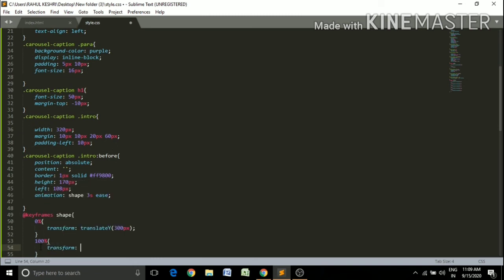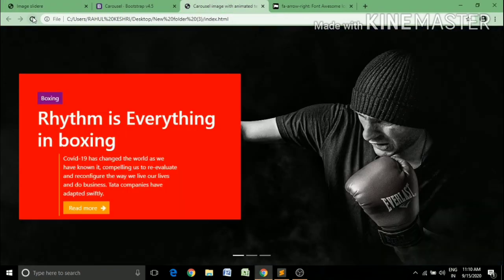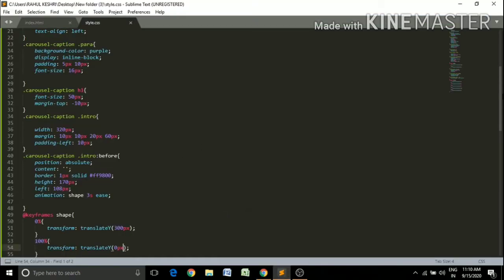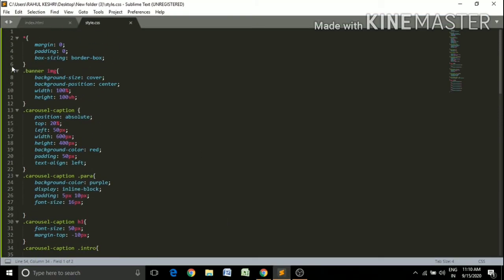Go to your browser and refresh, and you see that this border is animating.